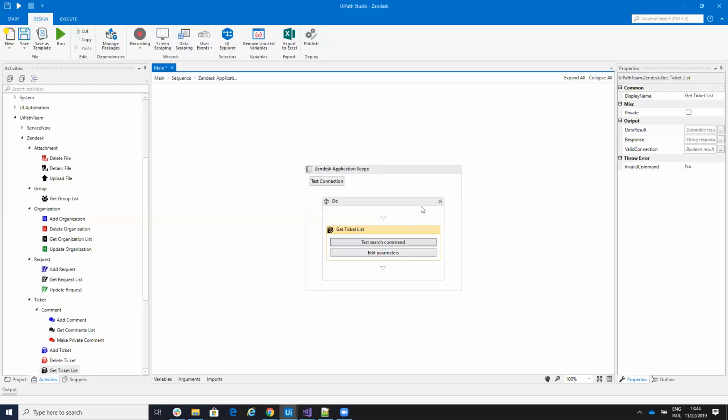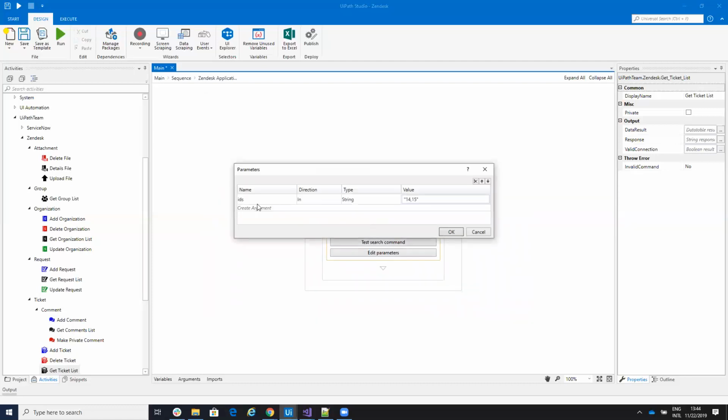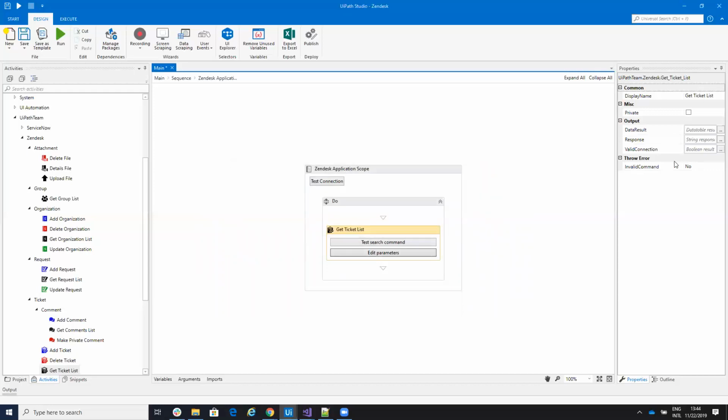So hit save, and here on the parameters, you will put variables. So for IDs, you'll put variables. Okay, good. All the activities have also the possibility to throw an error if you have an exception, and you will have a framework to catch the error and so on. This will return a data table, and with the data table, you do what you want.